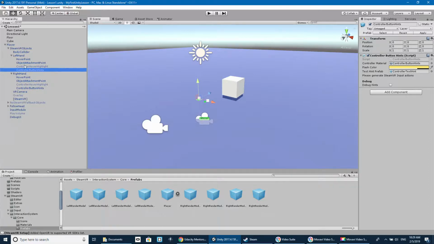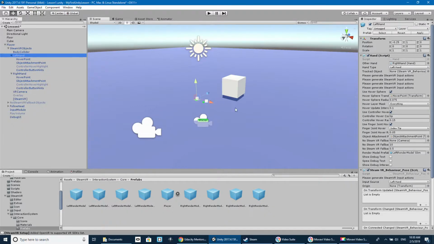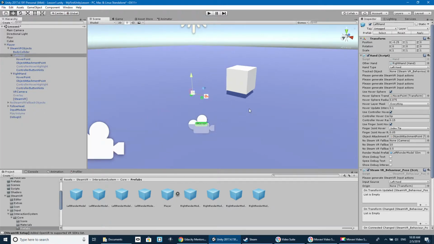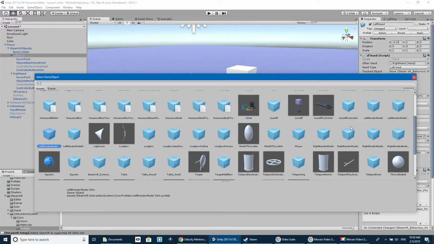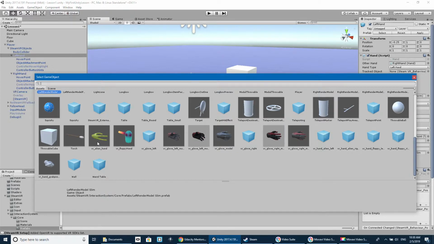In fact, I've found you can actually take out all of this and remove some of the code, obviously, and you'll actually be fine just to have a left hand and a right hand as it is. But they come with a generic model on the left hand, and it's often not known that you can actually change this model. You can make your own model. It's very different to do, but they come with all these cute little alien hands and floppy hands, and they come with a red black glove and a blue black glove,